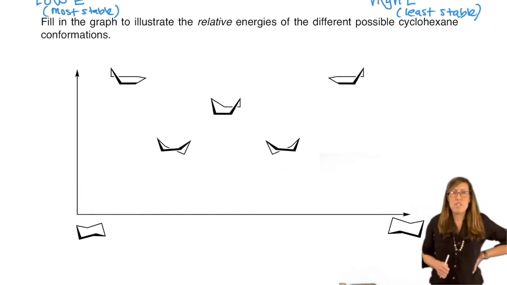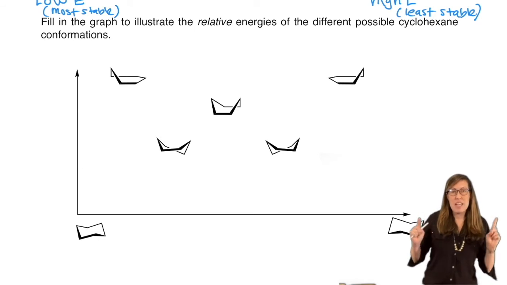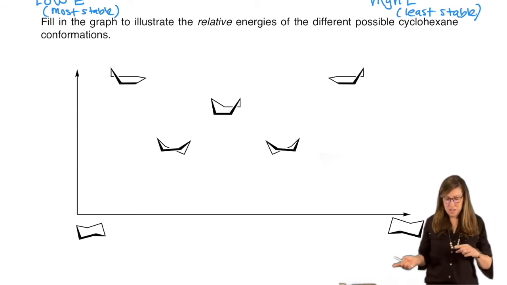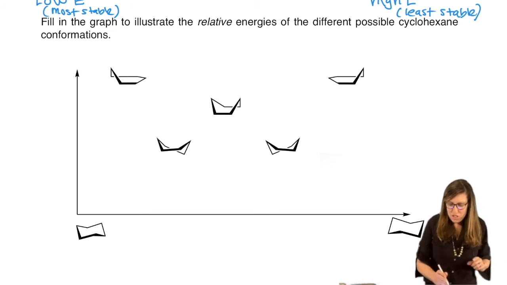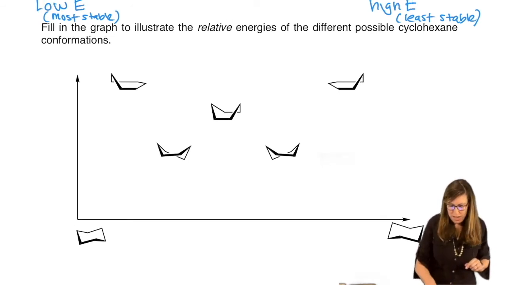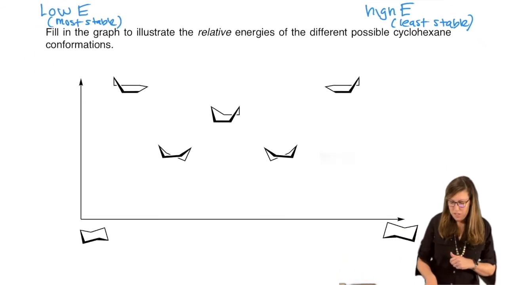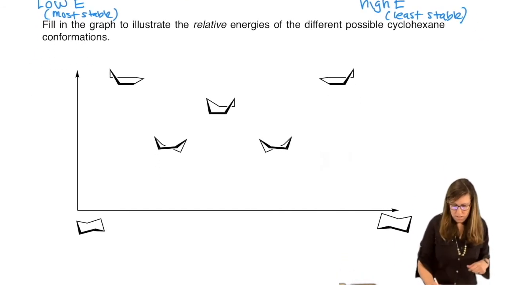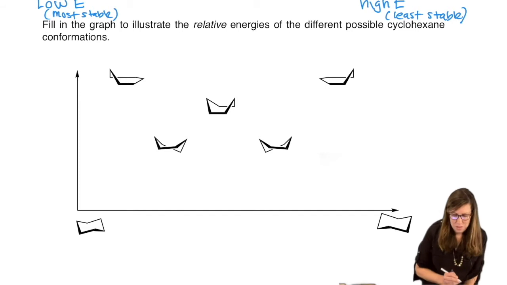You might see this in your book or some other sources we use. The relative energies can be plotted. And in fact, these are all possible and needed to convert from one chair to another. Yes, there's more than one chair. Notice I showed you 4 conformations that we ranked, but let's put them in a graph to understand their relative energies. And notice I've drawn more than 4 here. I have 1, 2, 3, 4, 5, 6, 7. Well, let's label them to see what's going on.